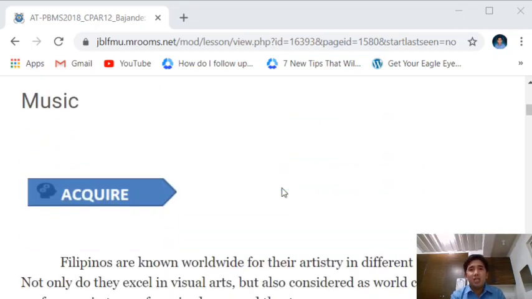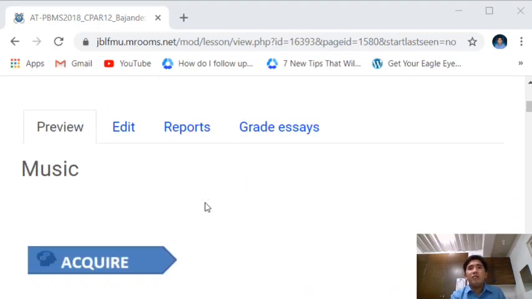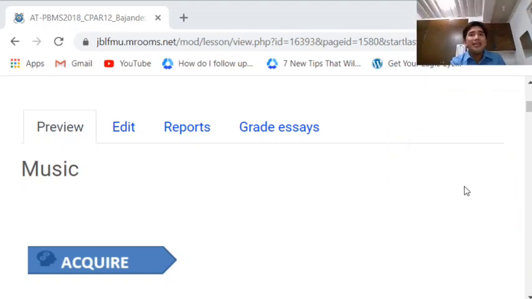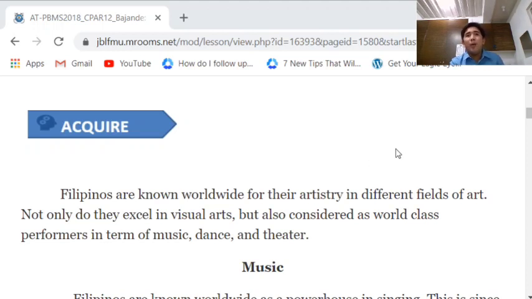And when we talk about music, Filipinos, as we know, we are really musically inclined, right? What do you think are some of the factors that influenced us Filipinos to really love music? Is it because we are influenced or we are trained from the very beginning?